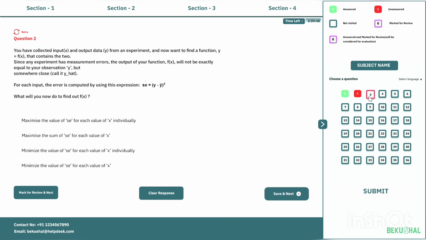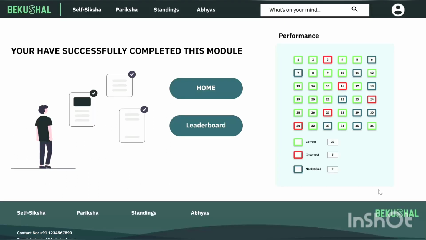And one more thing I'd like to mention, we provide multilingual support, and from here we can select a language for our questions. And after giving the quiz, we can click on the submit button and it will take us to this page, which will give us feedback that our quiz has been successfully completed. And from here we can go to our home module or leader mode module. So for now we will go to our home module,